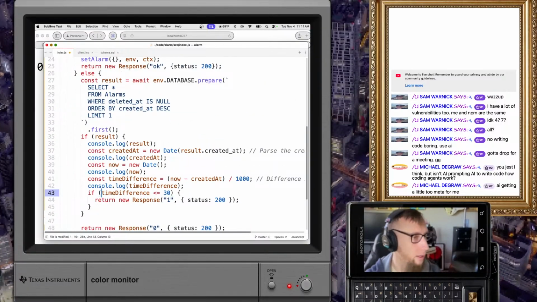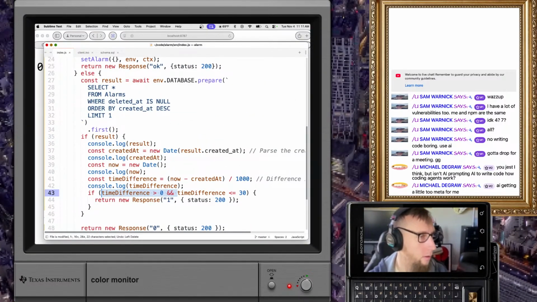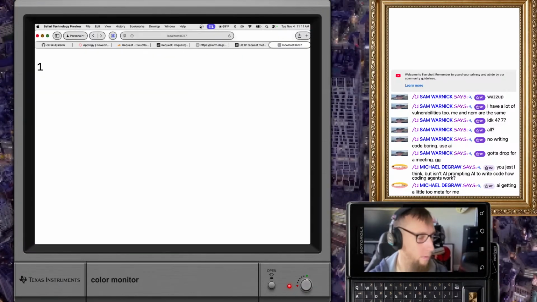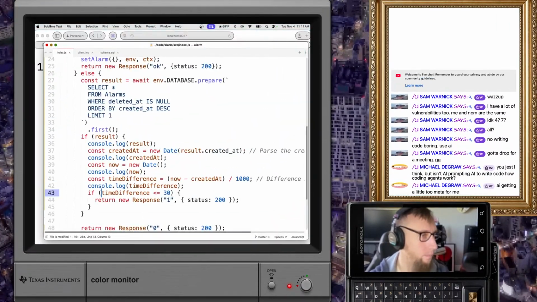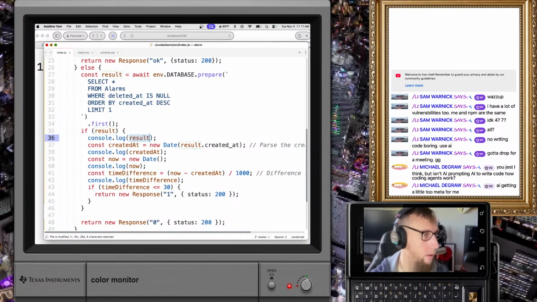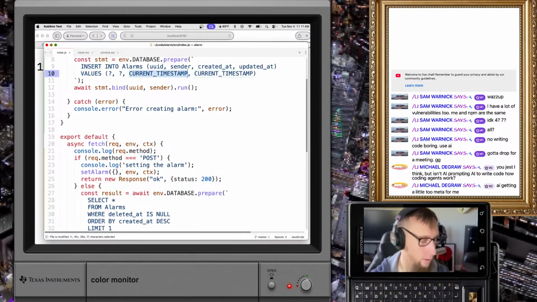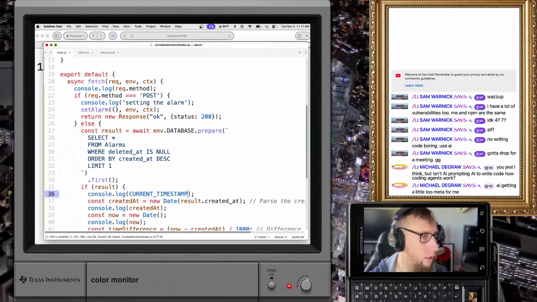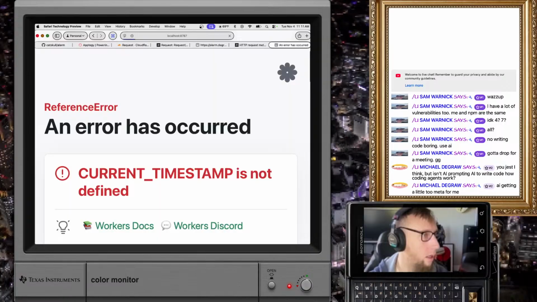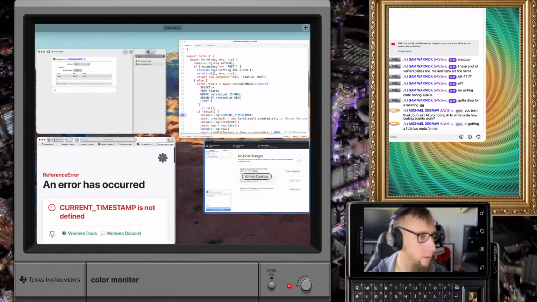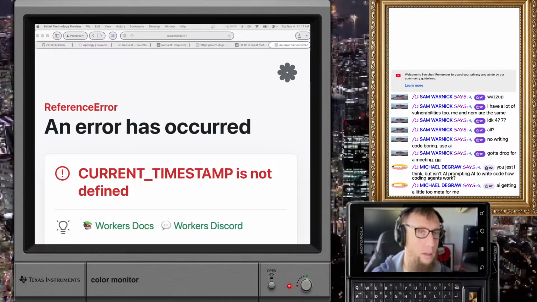It's got to be like a, well, what is that? Is that a SQL thing? SQLite.